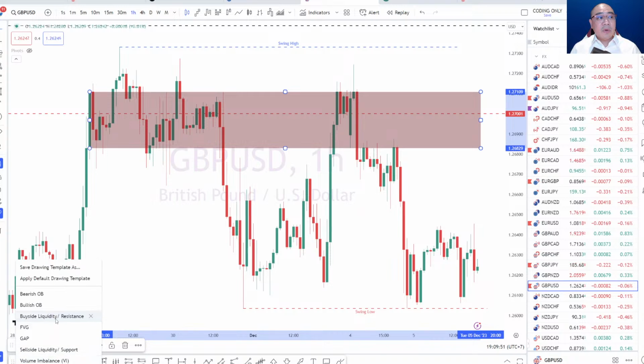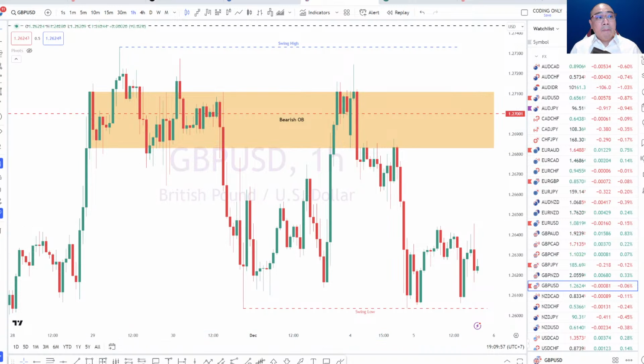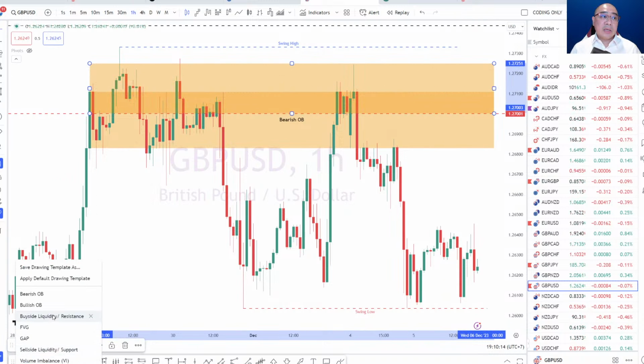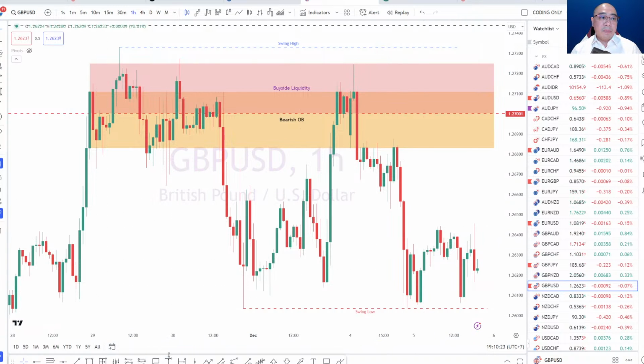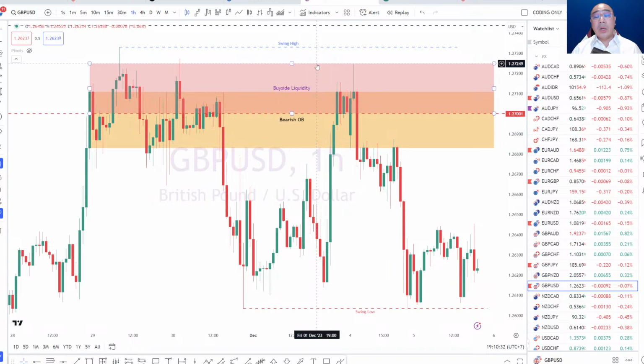So I'm just going to label this for now as a bearish order block, which is at 1.27 up top, and above that, between 1.27 and 1.2725, which is about this range, I'll label it as something else, and that's how we start building our resistance in the market. Now this second one up top, we are going to label as our buy side liquidity, which is our resistance. So in theory, the technical resistance that we have on the pound USD is about 40 pips of range. Those are going to be stacking up, and that's where we want to be really careful.